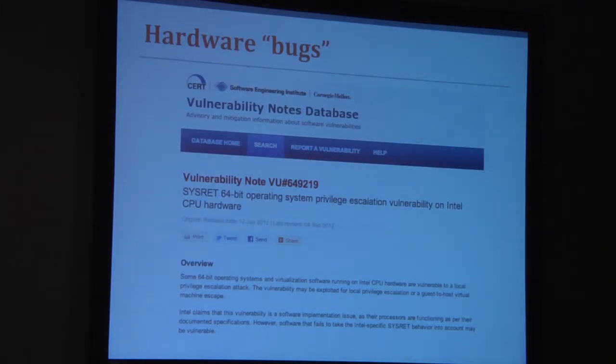There's also been a set of hardware bugs, problems in the implementation of hardware. One example: Intel had a privilege escalation vulnerability that allows you to break out of Xen and Microsoft's hypervisor; it was very cross-platform. What happened was Intel had implemented the SYSRET instruction in a weird way, and AMD basically got it right and Intel basically got it wrong.